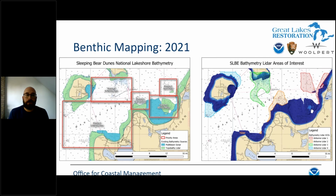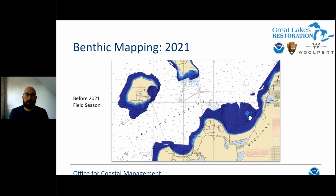And so the map on the left are the priorities as identified by the partners. And then the map on the right is showing where we wanted to get additional bathy LiDAR acquisition completed. And so if we go to the next slide, this was what the coverage looked like in terms of high resolution bathymetry in the Sleeping Bear Dunes area prior to the 2021 field season. And if we go to the next slide,